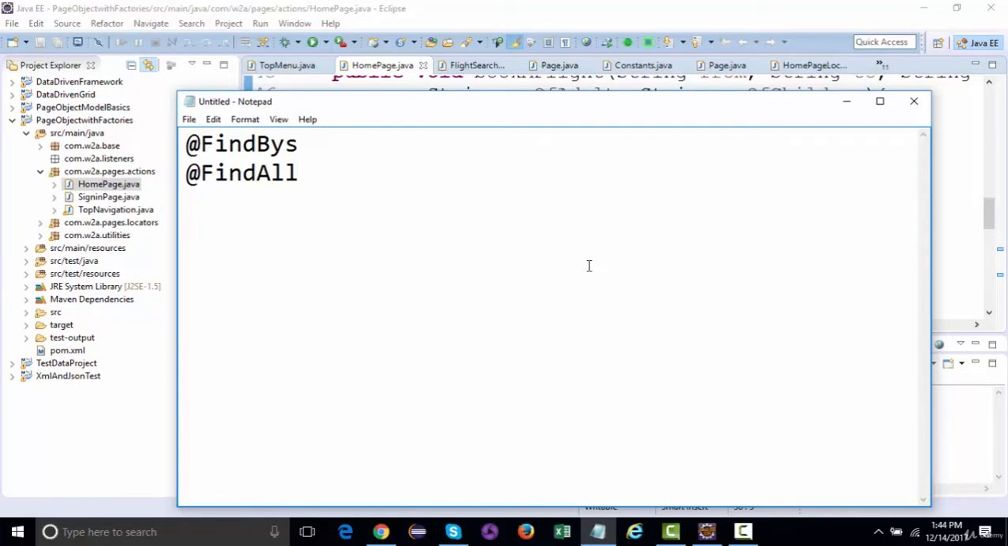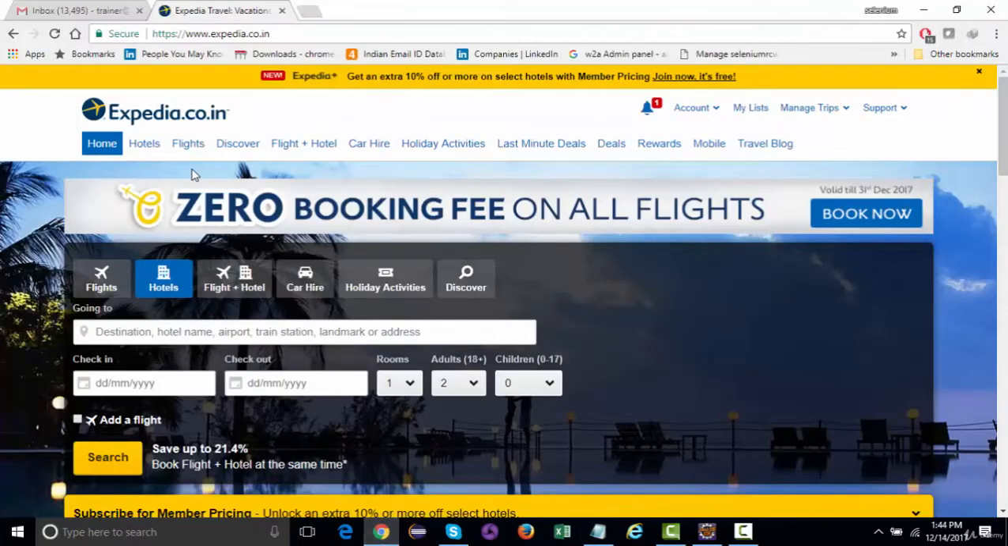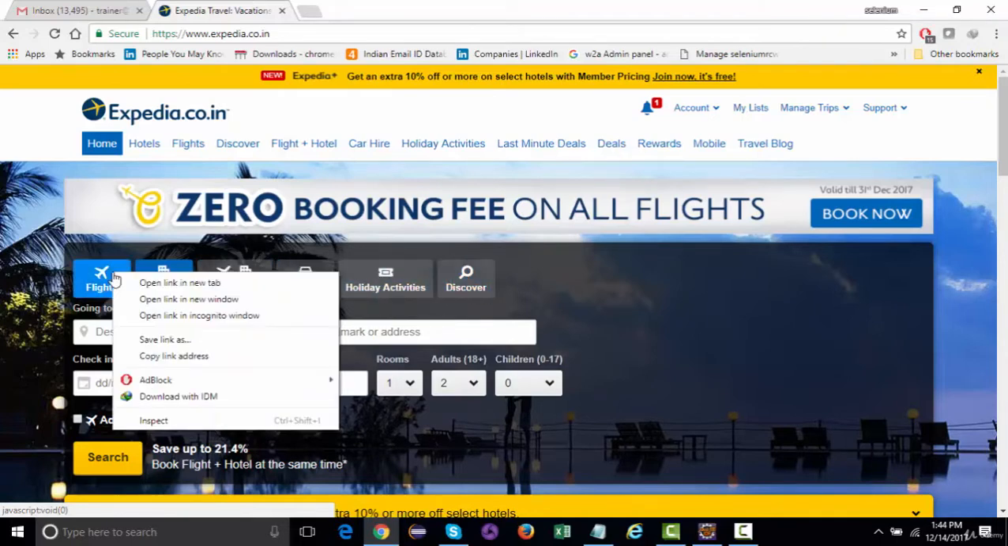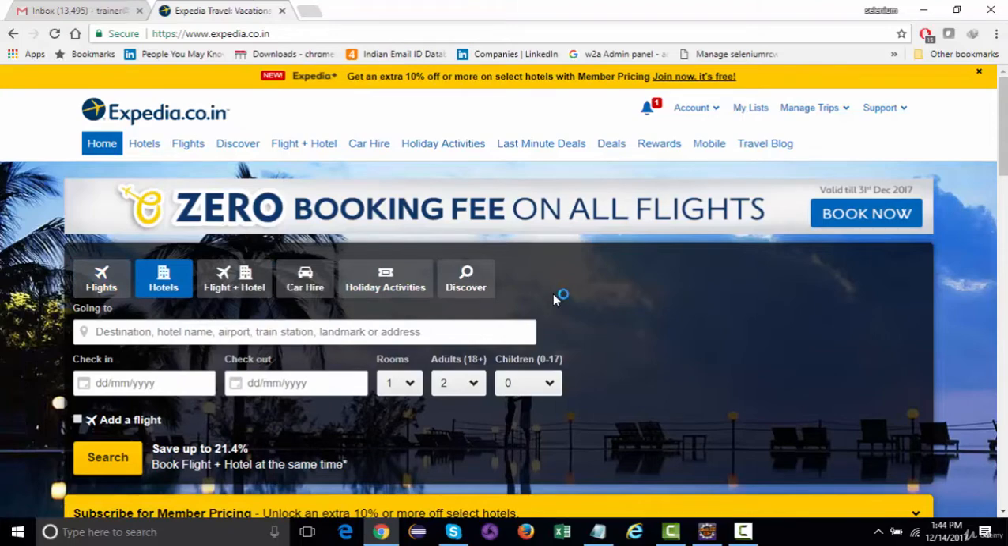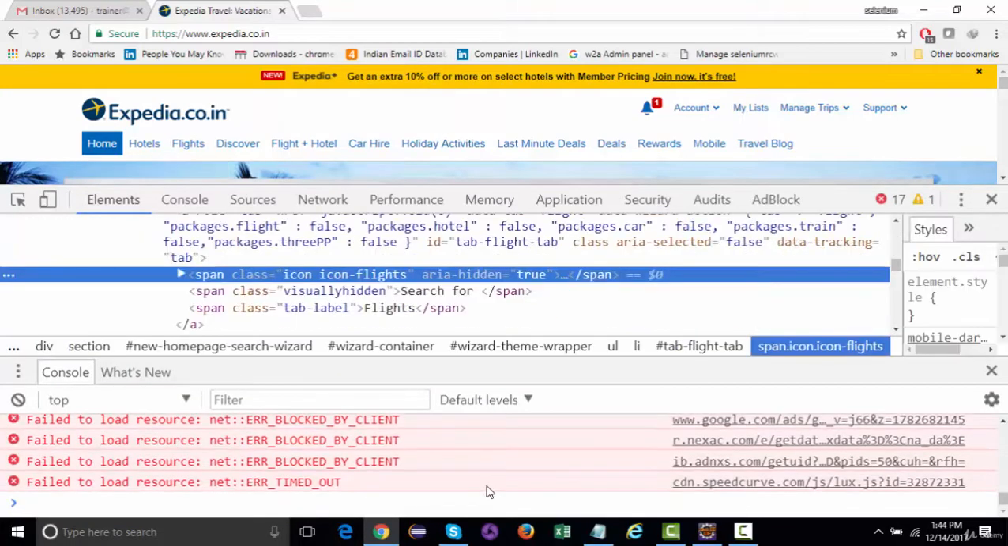And even when you need to find multiple elements, let's say if I talk about one of the tests, before I search for flights, I want to check whether there are 6 tabs available over here or not as per the specifications, right? So how to find multiple elements, how to find the count of these tabs? We can first inspect these elements, and